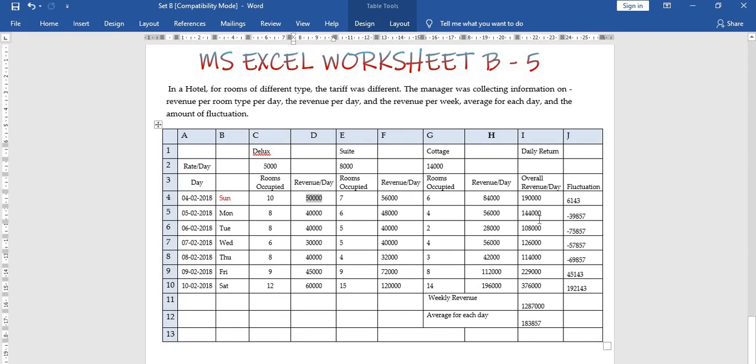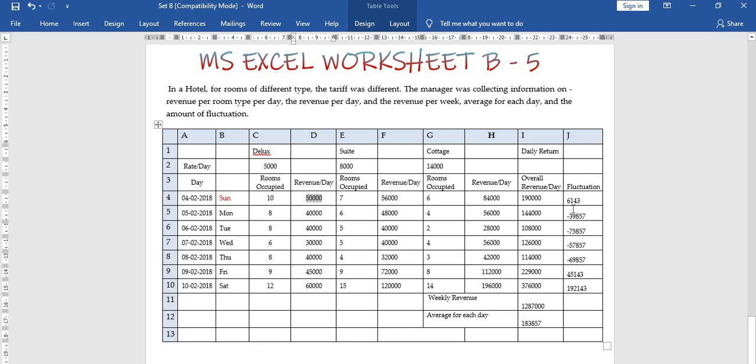And then it comes to overall daily return. So the overall daily return will be the revenue from all the 3 categories. That means revenue from deluxe rooms, the revenue from suites, and the revenue from the cottages. And in this way, finally, the weekly revenue will be the total of all these 7 days. And the average will be the weekly revenue divided by 7. And from the average, you find the difference from the revenue of each day, that means Sunday, how far it was from the